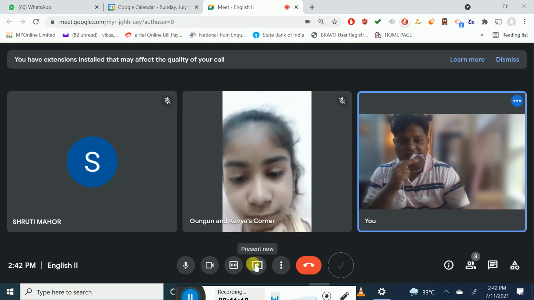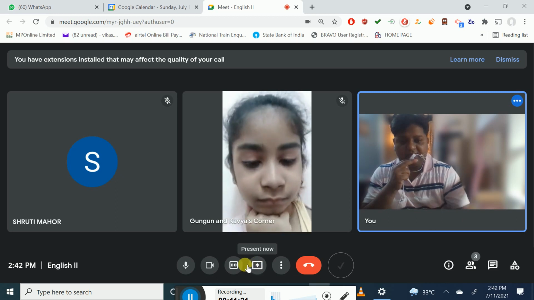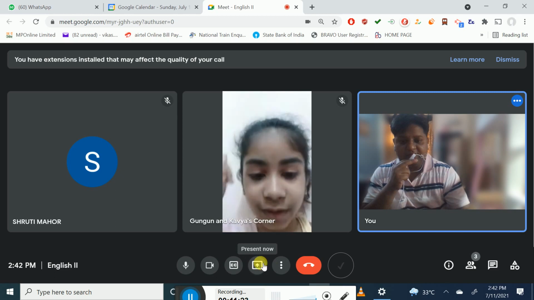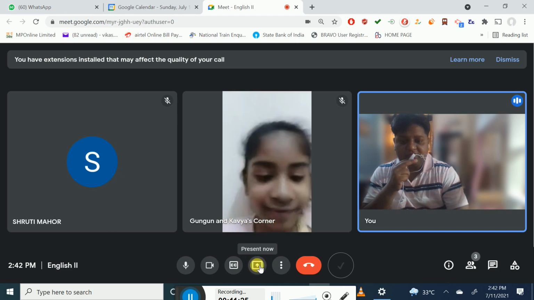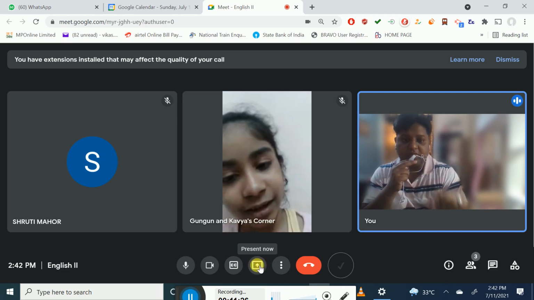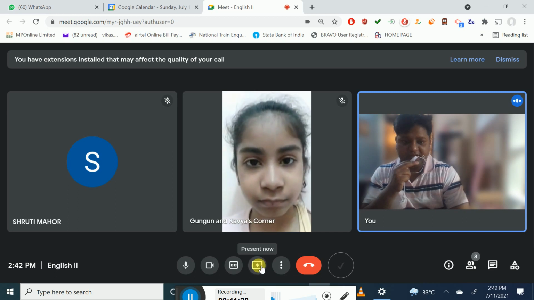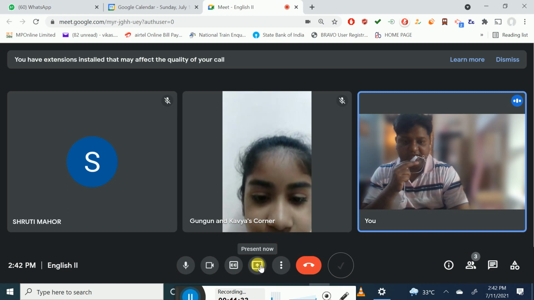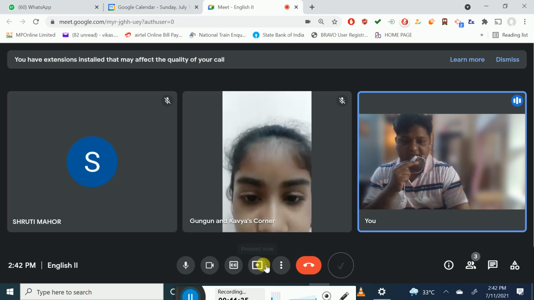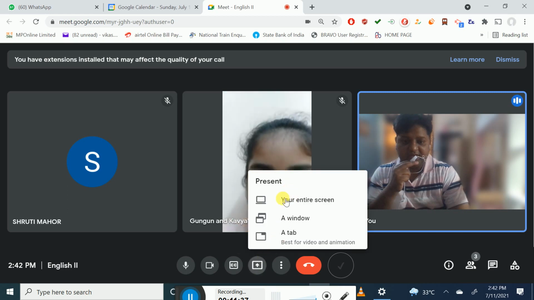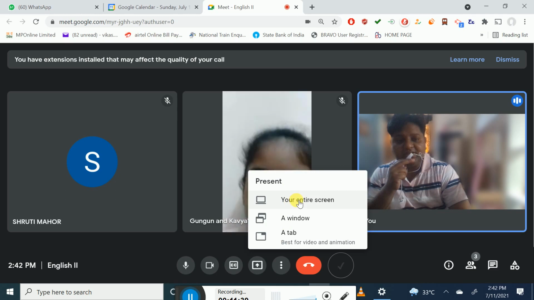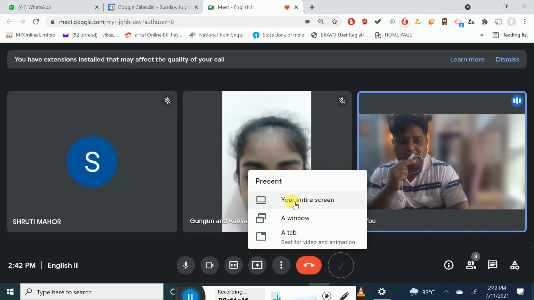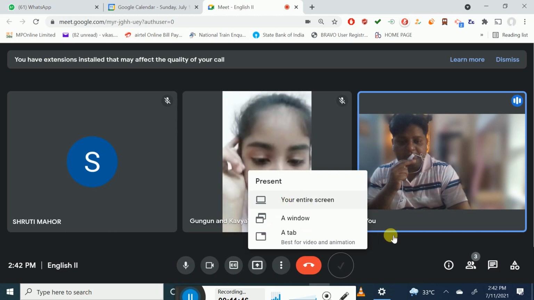For doing that very precisely, you can share only a single tab of Google Chrome instead of sharing your entire screen. That will be more beneficial to the teachers. Otherwise it's very easy. You just click on Present now, click your entire screen. So whatever you are doing on this desktop will be visible to all the students.